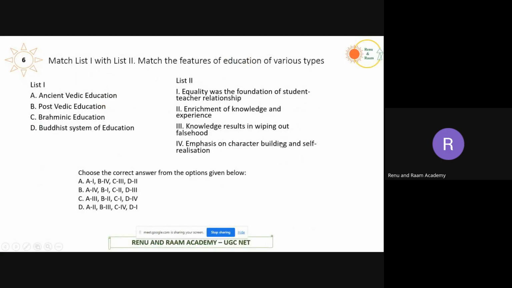So this list too contains the various characteristics of those education systems. Now, if you see, we have A, B, C, and D. Let's start with understanding each era first. First one, if you see